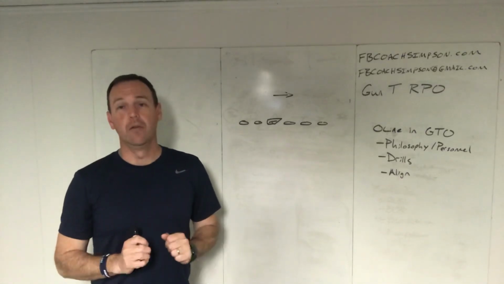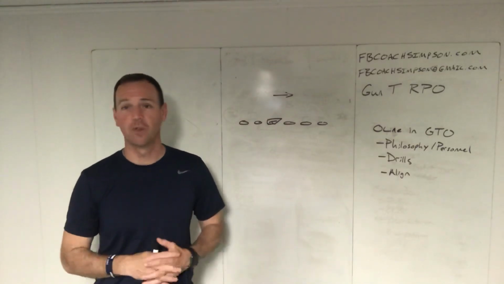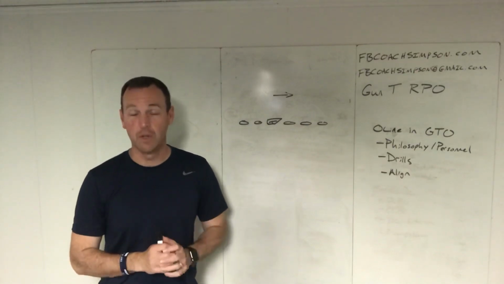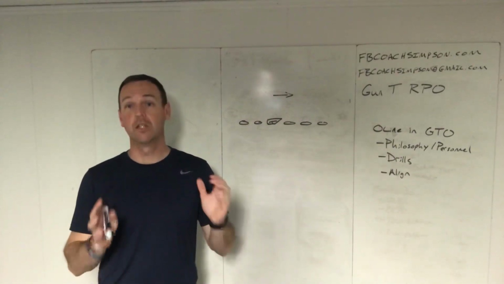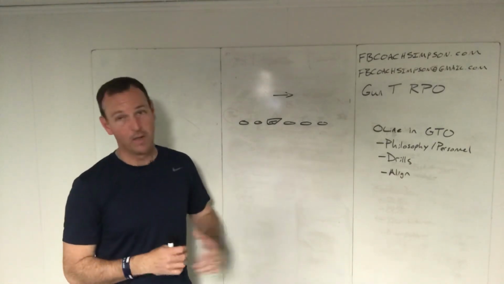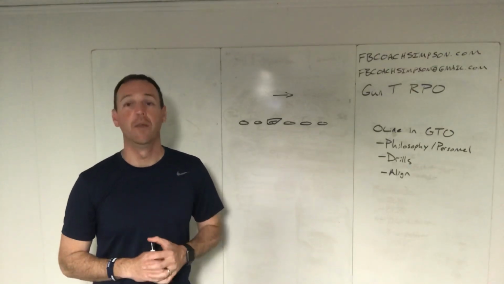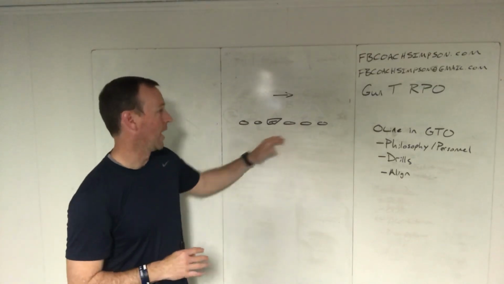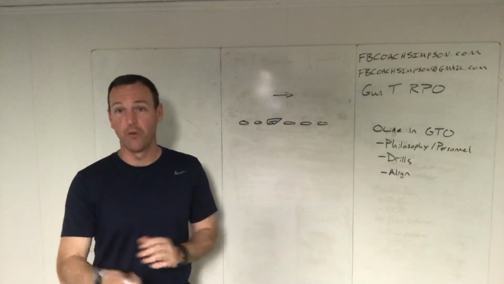One, it fits with keeping things as simple as we can for our athletes. And so when we teach buck sweep, we just have to teach buck sweep, and they understand that it always goes to the strong side. We teach jet sweep, they understand that it always goes to the quick side. Belly for us is simple because it's pretty similar both ways. And then the belly read either way is also simple. And so it allows our athletes to spend more time working on the plays that go their direction.